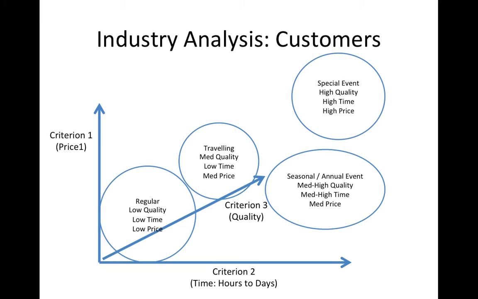So let's think in terms of customers using those criteria. Just kind of start from left to right. It's a little hard to see what's going on here because it's three-dimensional, so I'll kind of talk you through it. But I thought in terms of a customer segment that's just the regular entertainment segment. And by that, what I mean is somebody, or a family or whatever, that's just saying, look, every week I'd like to spend a certain amount of time on entertainment, a few hours a week, whatever that works out to.